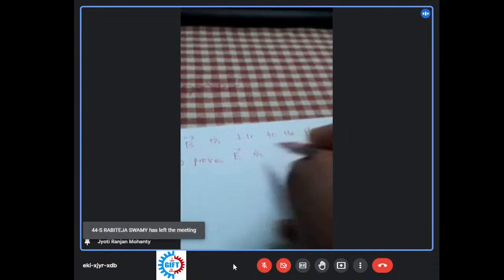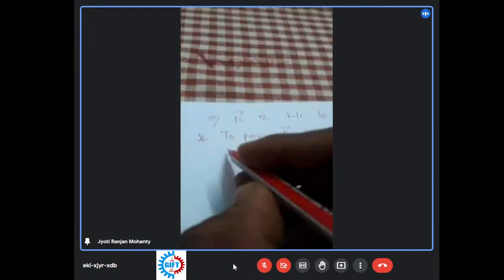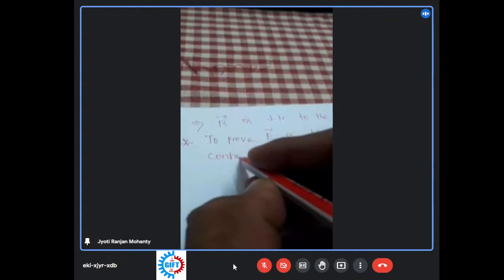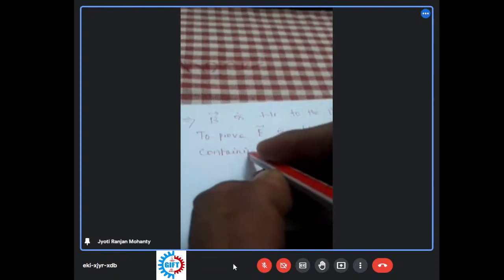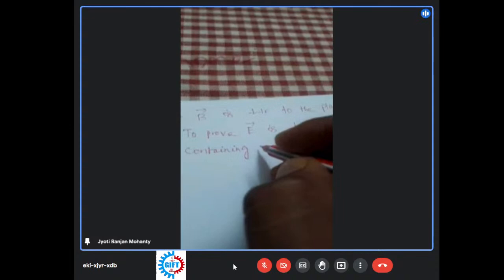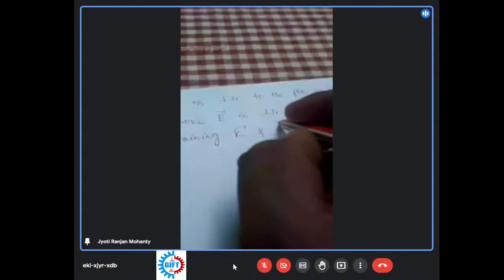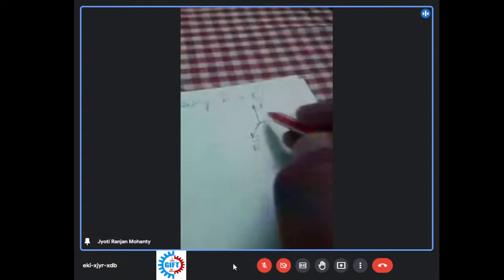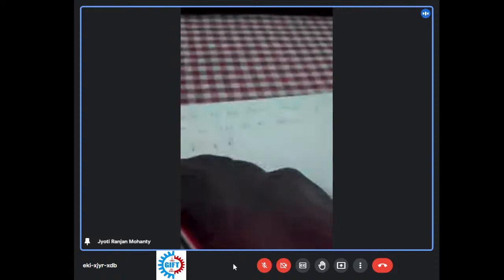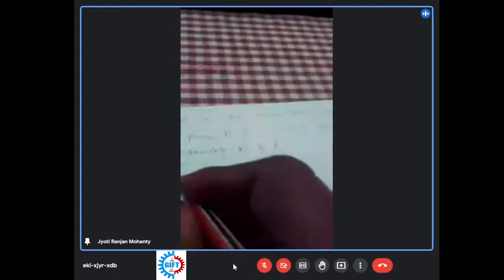Vector E is perpendicular to the plane containing K and B. Just reverse. K और B, K B एक प्लेन है, वही प्लेन पे E एक परपेंडिकुलर होगा। हम अभी प्रूफ करेंगे। ओके, सो प्रूफ